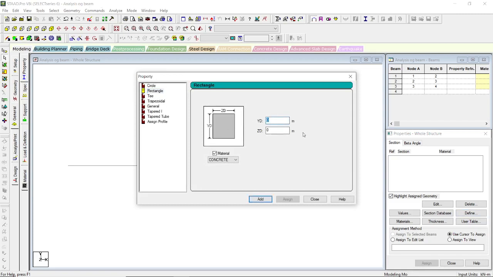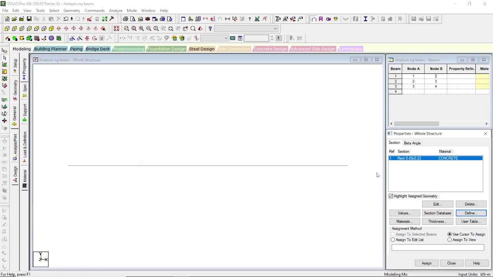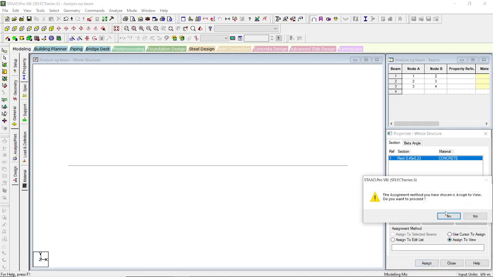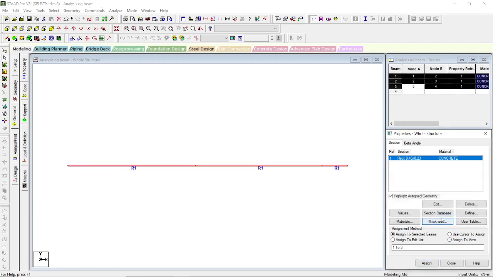Then the depth of the beam is 0.45 meter and the breadth of the beam is 0.23. Then add it, then close. Then we have to assign this section to the model by clicking assign to view, then click assign, then yes. Now the section is assigned to the continuous beam.